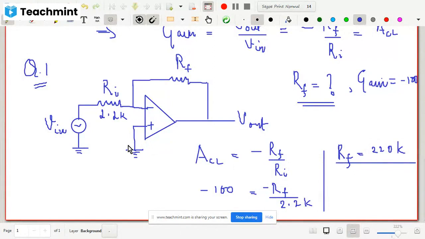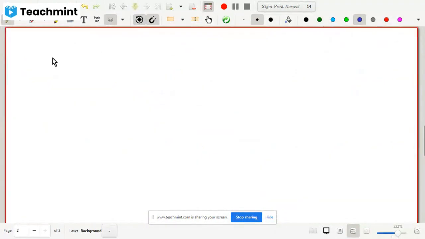Now another one, a little bit tougher than this one. Let us try to see. Then we'll go to the next application, that is the non-inverting one. So another one very quickly. Suppose another circuit diagram is given to me. So this is also an inverting amplifier. Okay, so